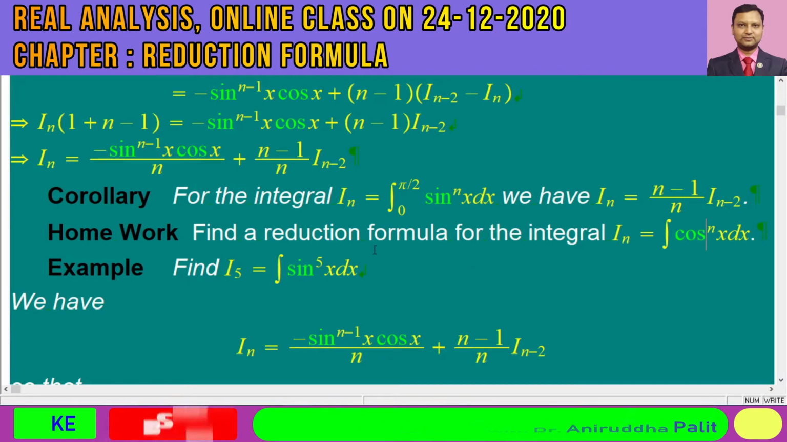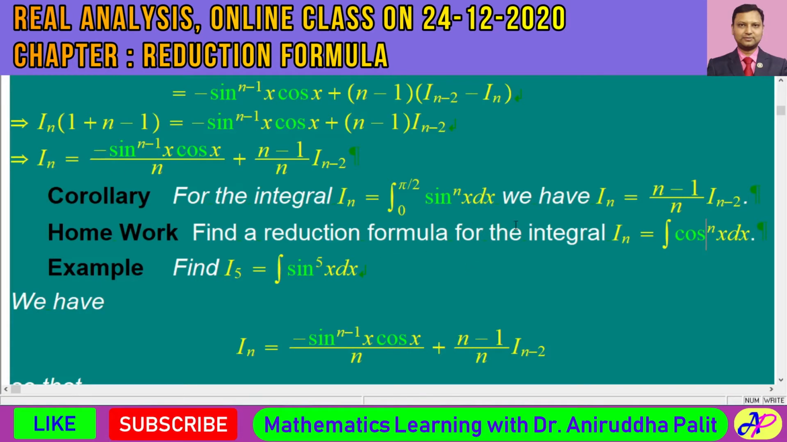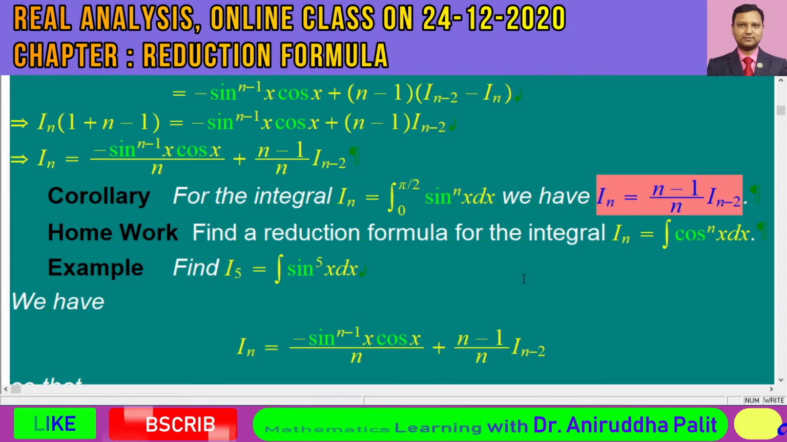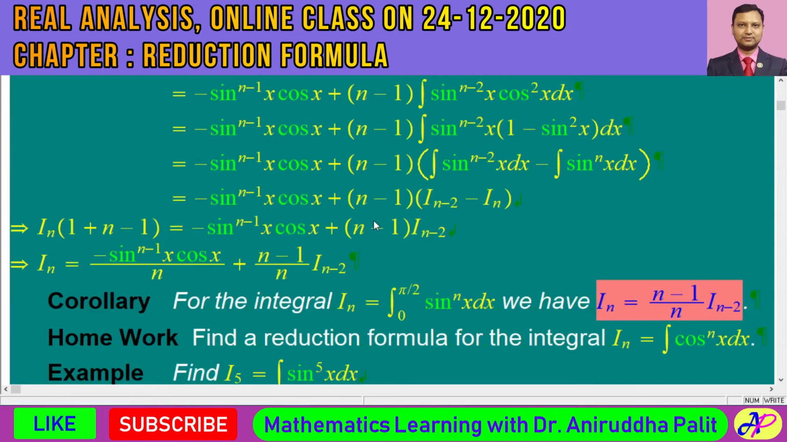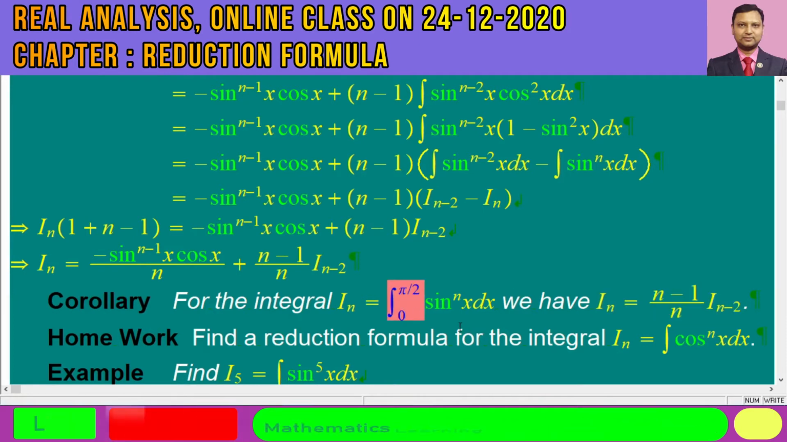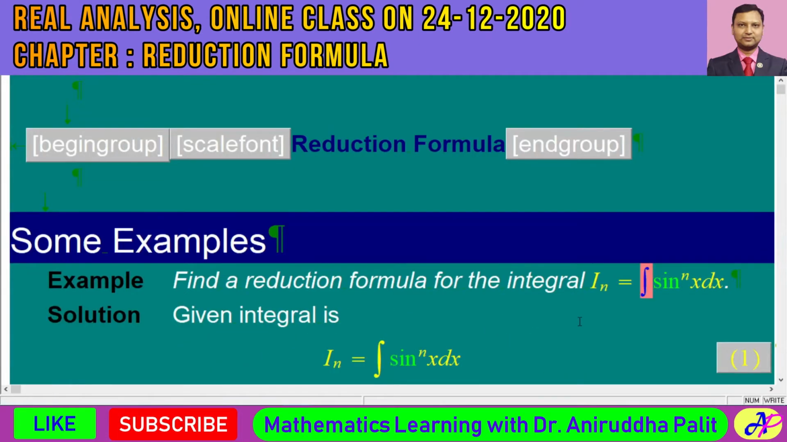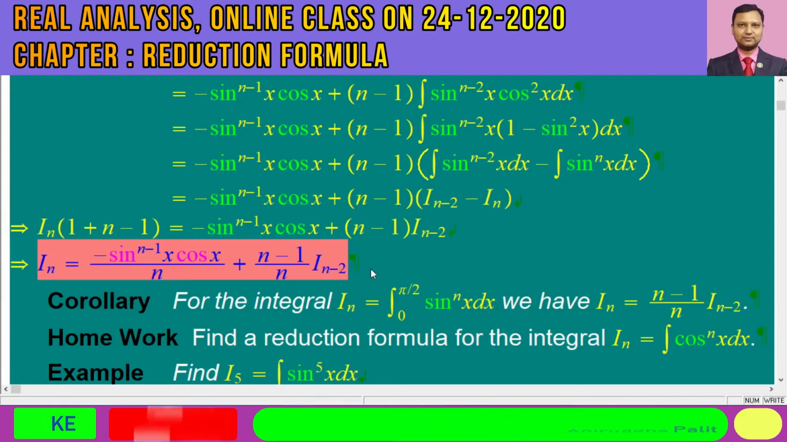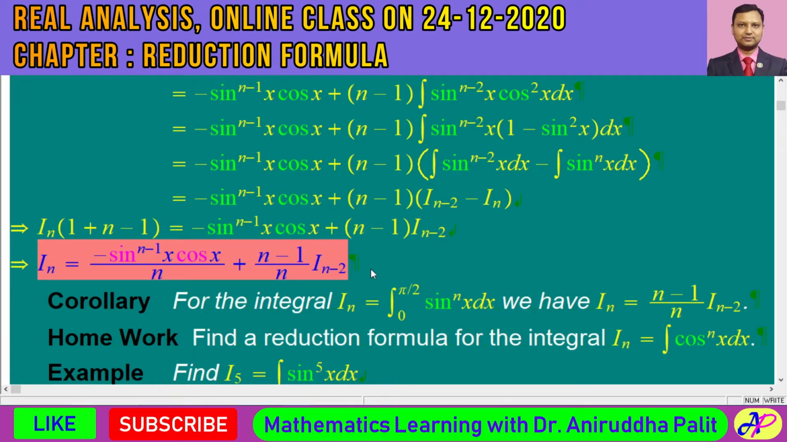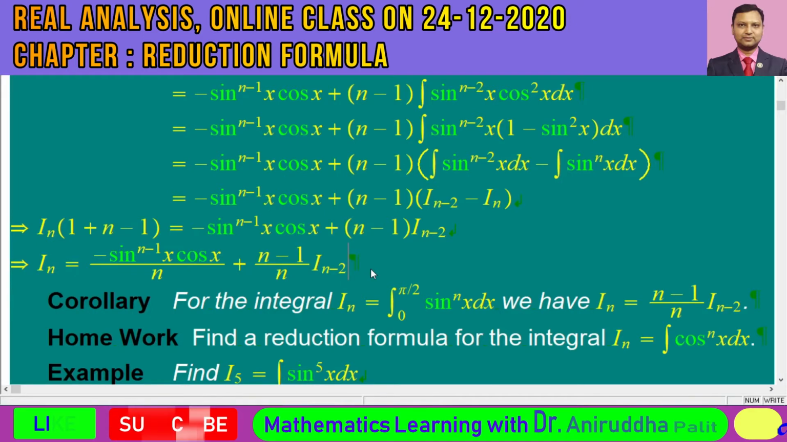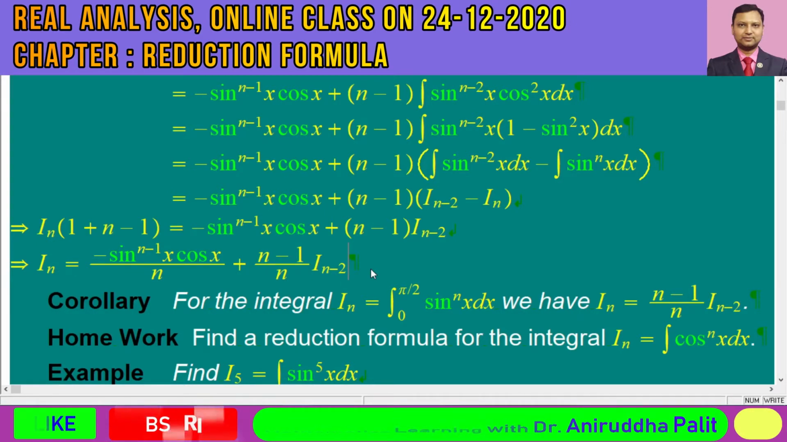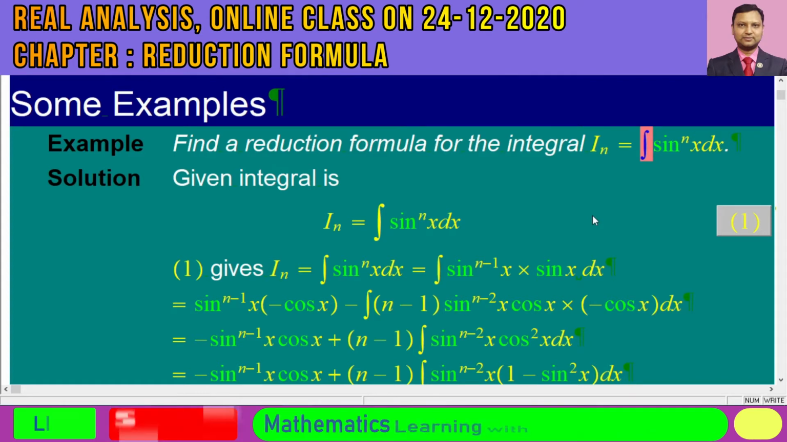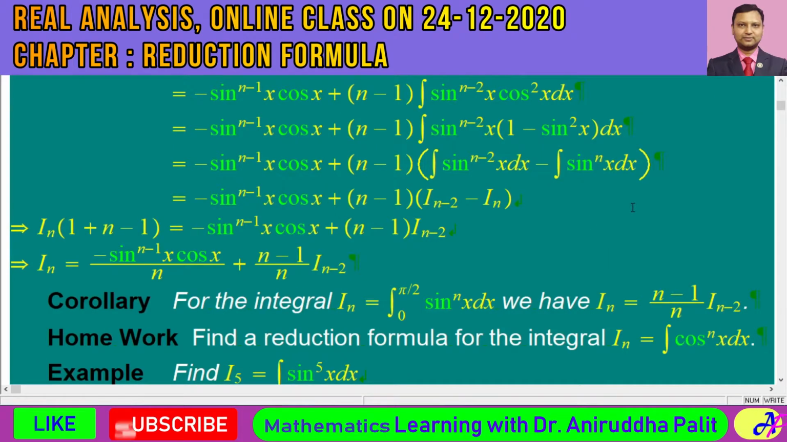So we have a reduction formula for the integral from 0 to pi by 2 of sine x dx in this fashion. We discussed the deduction as well. This is the definite integral, and for the indefinite integral, we have this kind of formula. You don't need to remember this kind of formula. You need to know the technique by which we deduce it. Got it? So over here, I presented the technique of deducing the corresponding reduction formula for this kind of integral, and I